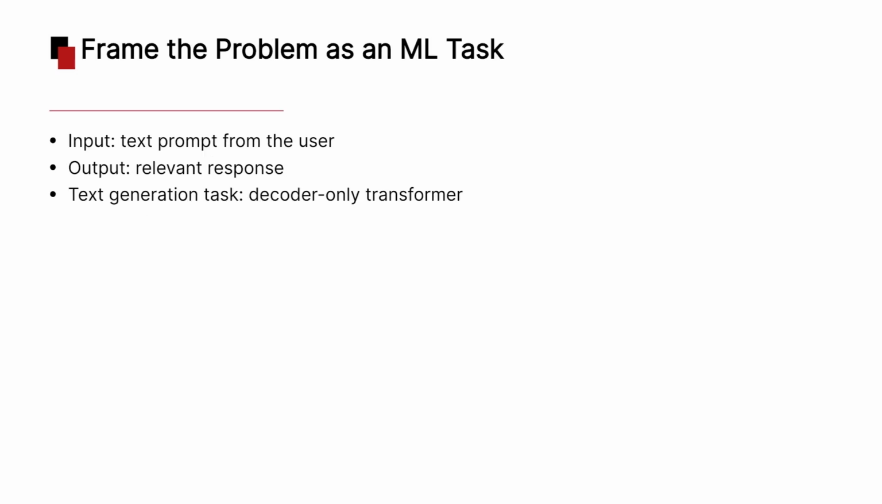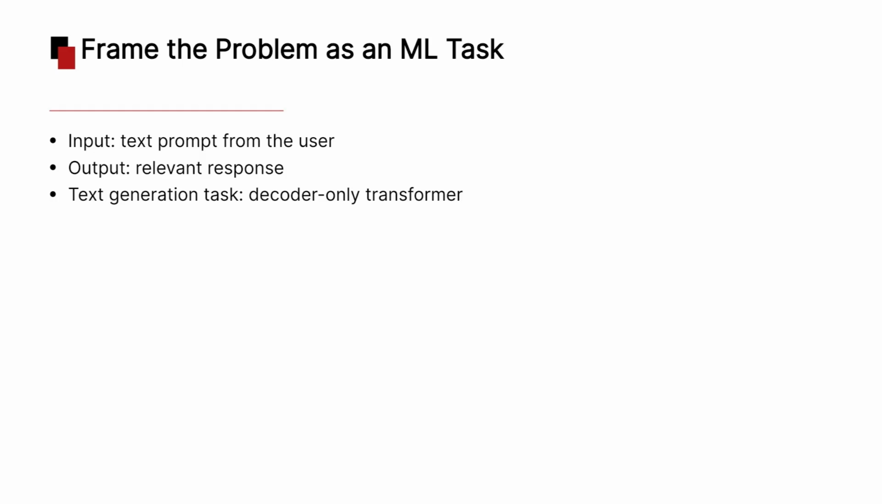In designing our chatbot, the first step is to clearly define the problem in machine learning terms. Our input is the text prompt provided by the user. This could be anything from a direct question, like, "What's the weather today?" to an open-ended request such as, "Tell me a story about space travel." The output is a relevant and coherent response that addresses the user's intent while maintaining the desired tone and style